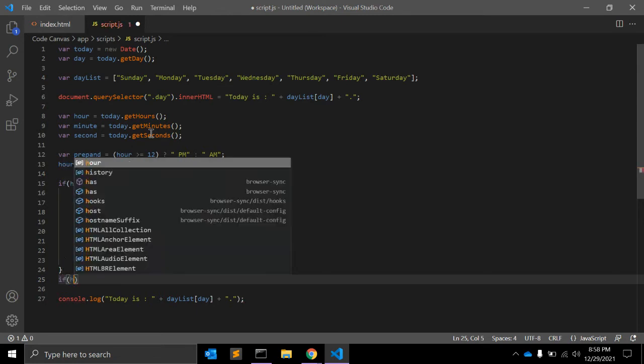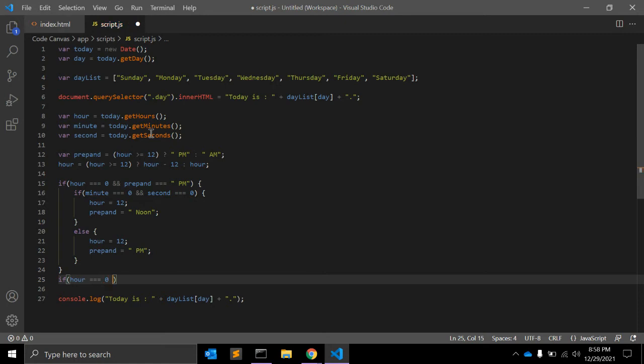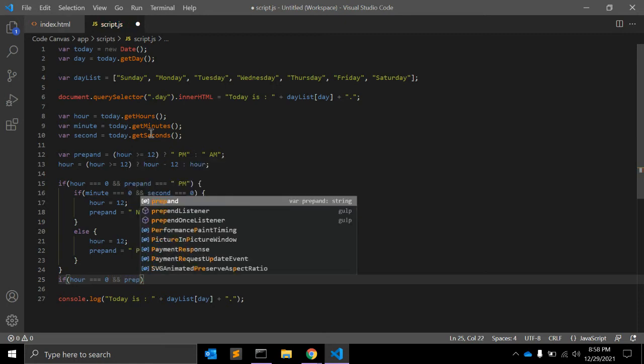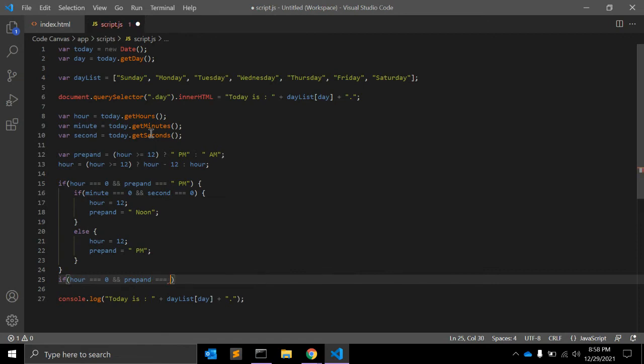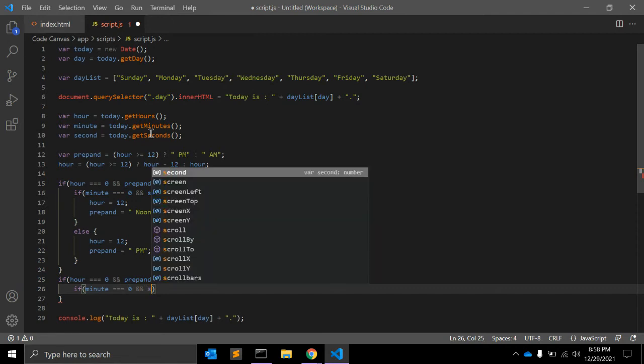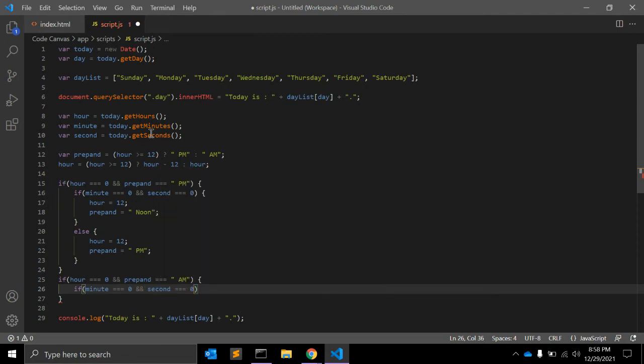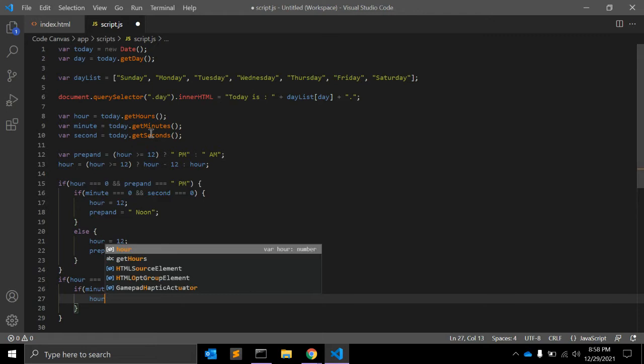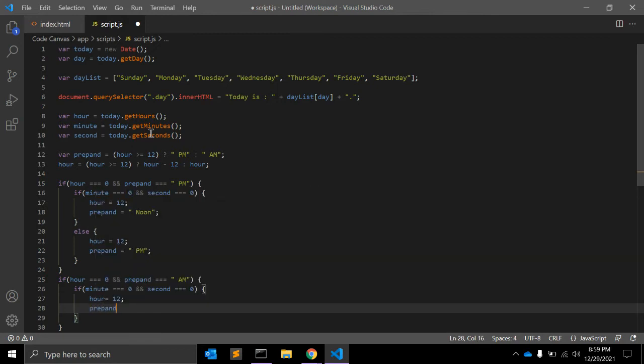If hour is equal to 0 and the prepend value is equal to AM, then if, same as above, minute is equal to 0 and second is also 0, then hour value is equal to 12 and the prepend value is equal to midnight.